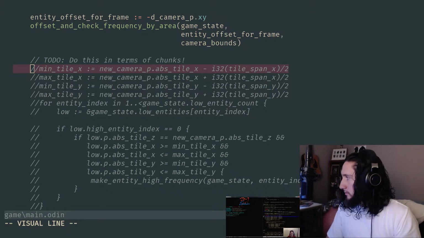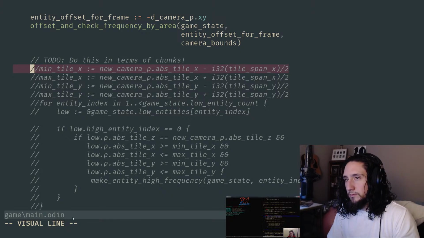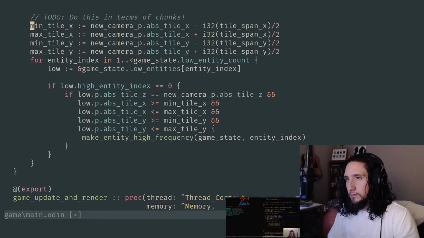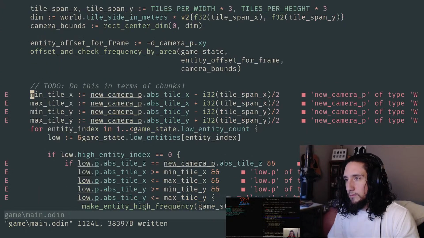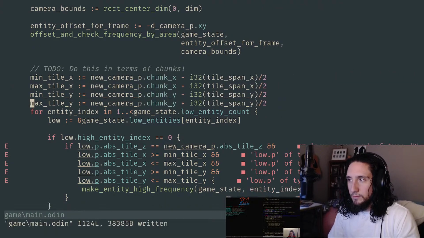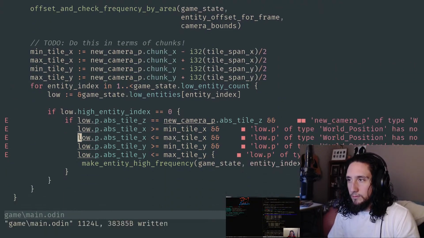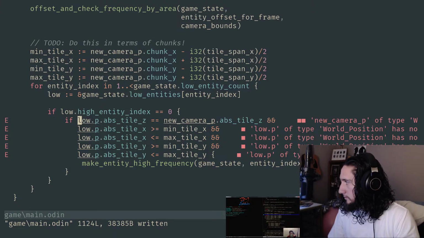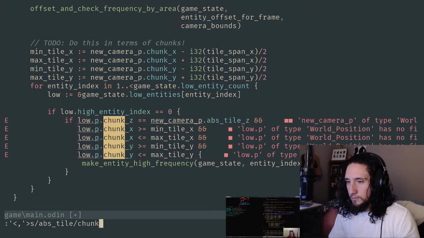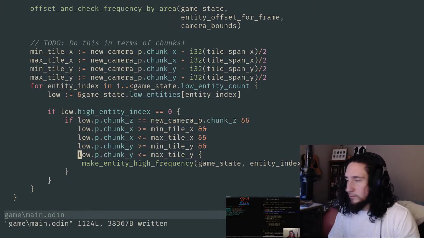All right, so I'm going to go ahead and uncomment this. It's no longer going to work, obviously, because we had the camera P, and it was using the abs tile stuff, which we got rid of. So now we want to have chunk X, chunk Y instead, right? And our tile span is presumably no longer that relevant either, because what we'd really like to do is talk about chunk spans more specifically. One thing I should bring up that is relevant here is that we don't want to be oscillating a lot, moving things in and out because our bounds don't match up. So that might actually be one good reason to think this through a little more carefully.